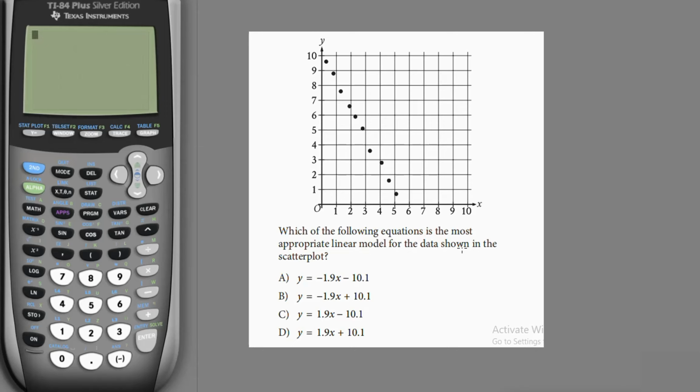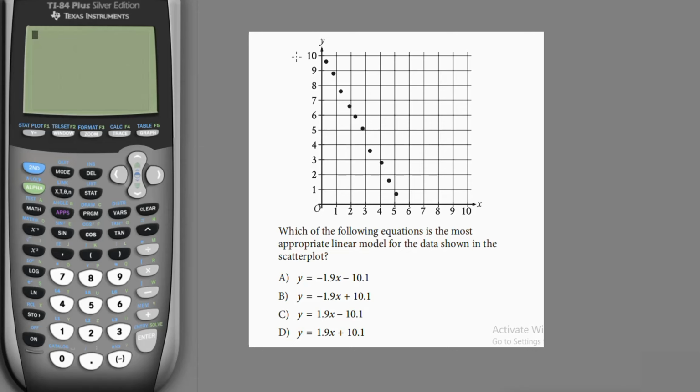So guys, we have the options to be this. Right now, we're going to experiment with the options we have here. We're going to input each of the options and graph them with the calculator and see the one that will give us the exact sketch we have here. Okay, so when looking at this question, to eliminate the options that won't be the answer,